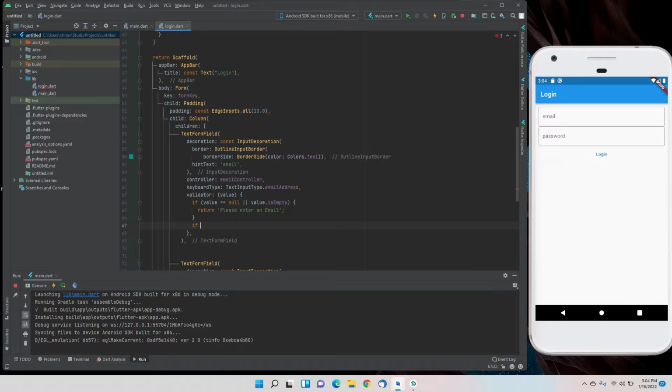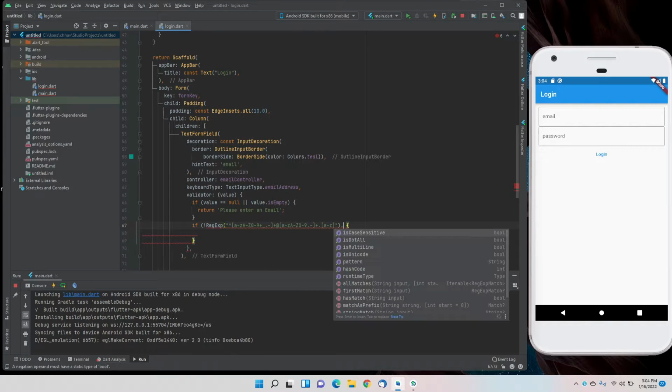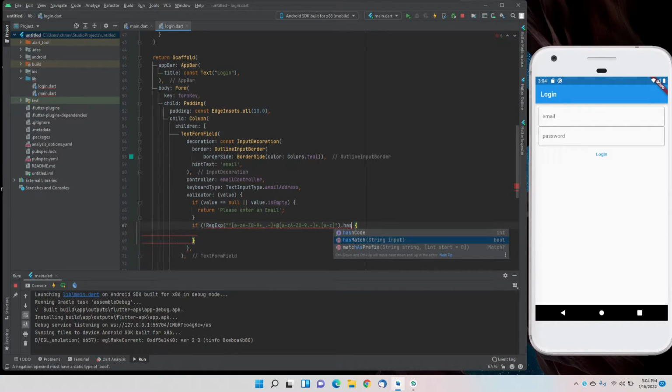For the second validation, we have to give it the regex code for the email, and I'll give you that in the description. You just have to copy it from there and paste it in the code, because it's very messy and difficult to actually write. If this regex is not matched with the value we got in the email text controller, then we have to return that our email is not valid and we should add a valid email.